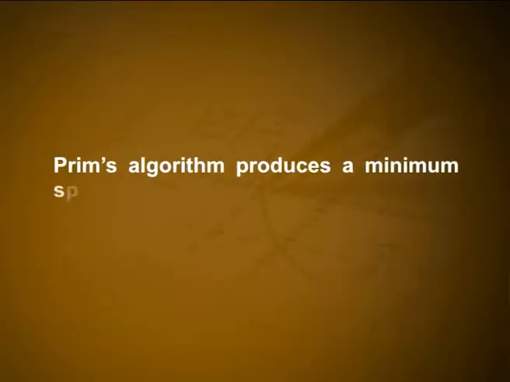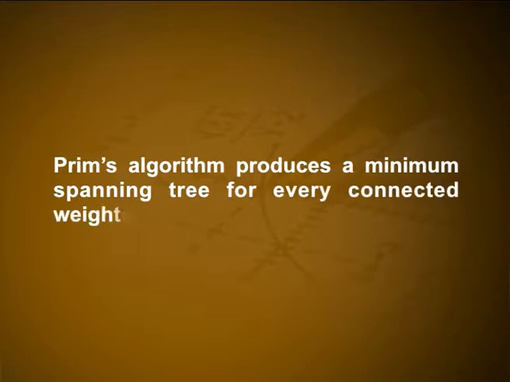The choice of an edge to add at a stage of the algorithm is not determined when there is more than one edge with the same weight that satisfies the appropriate criteria. We need to order the edges to make the choices deterministic. Theorem 2. Prim's algorithm produces a minimum spanning tree for every connected weighted graph. Let G be a connected weighted graph. Suppose that the successive edges chosen by Prim's algorithm are e1, e2, etc., e_{n-1}.